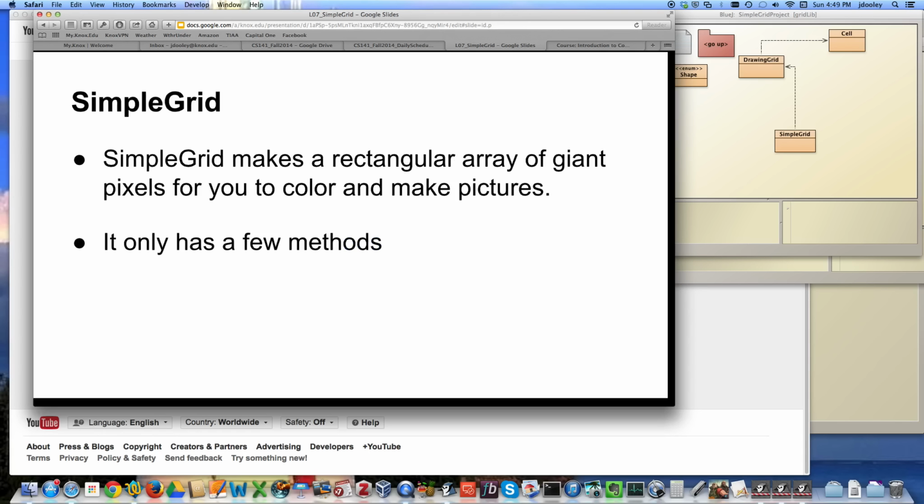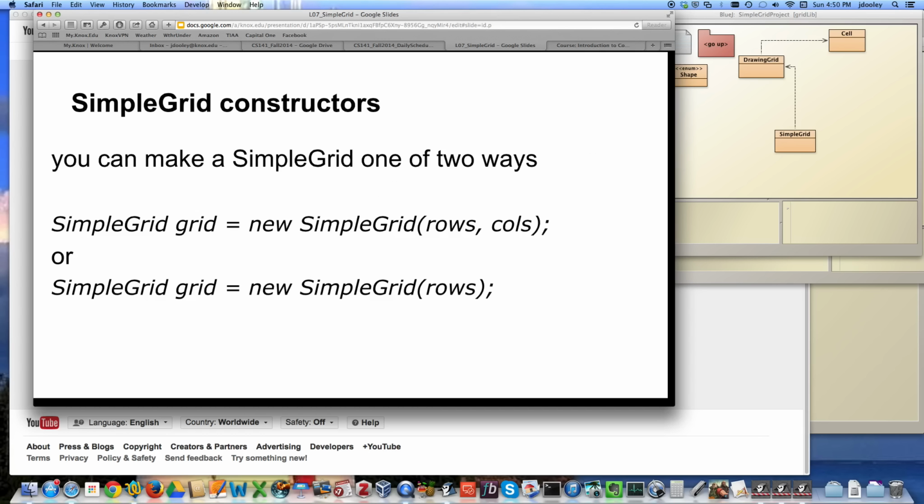Okay, so what SimpleGrid does is it makes a rectangular array of giant pixels for you to color and make pictures. It's, as the name implies, very simple. It only has a very few methods, starting with constructors. In order to actually make a SimpleGrid, you have to execute a constructor, which we've seen before. There are 2 constructors for SimpleGrid. The first one takes the number of rows and columns in the grid,